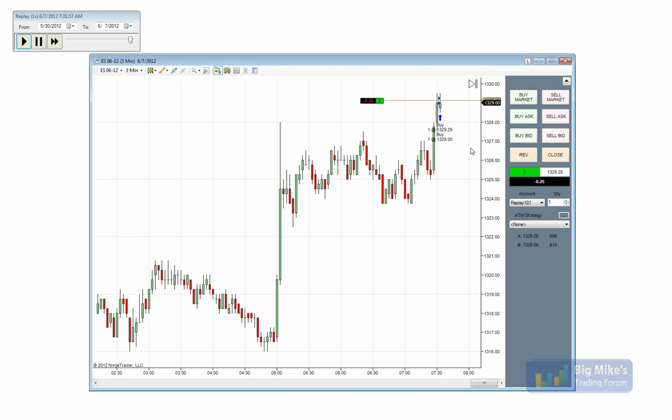Now moving down, we've got the REB and close button. REB stands for reverse. Reverse will first of all cancel any pending orders. It will then close out of your current position and then enter you into the opposite position. So if I click reverse right now,